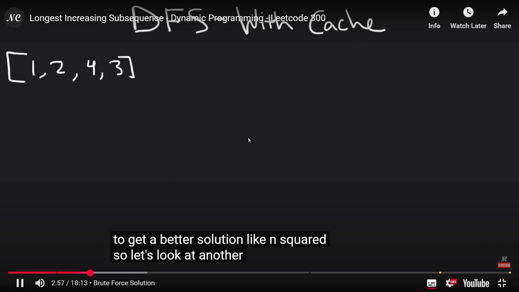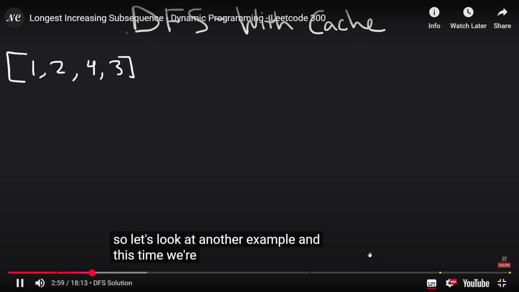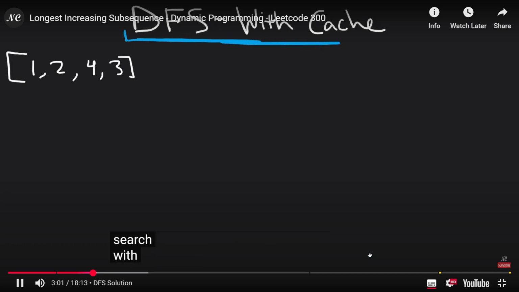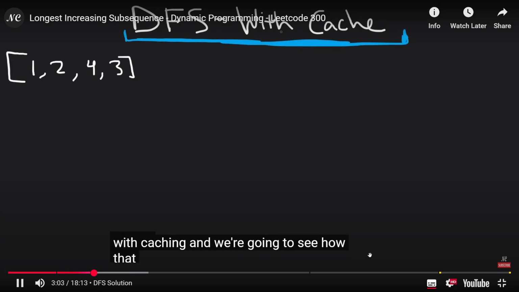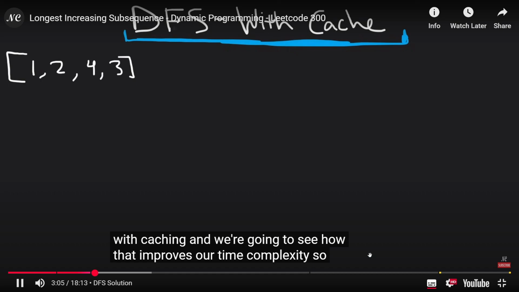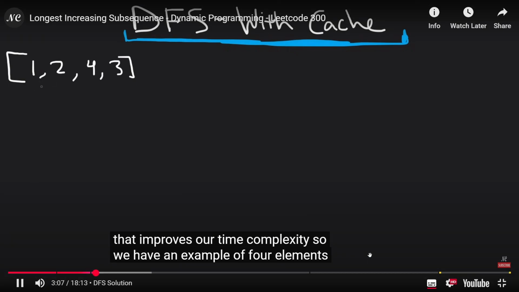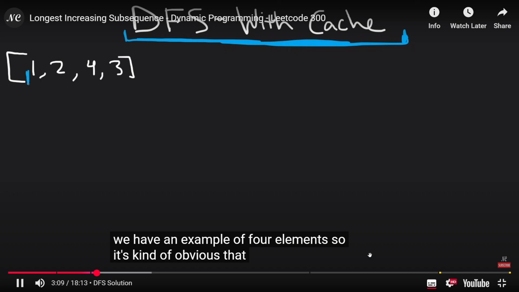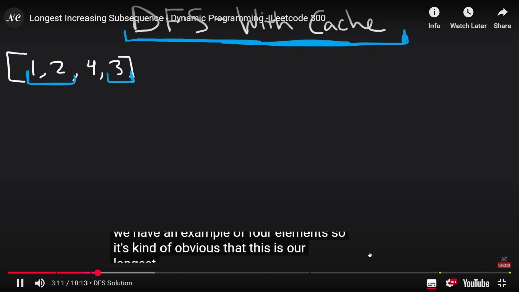So let's look at another example, and this time we're going to do depth first search with caching, and we're going to see how that improves our time complexity. So we have an example of 4 elements, so it's kind of obvious that this is our longest increasing subsequence, so the result